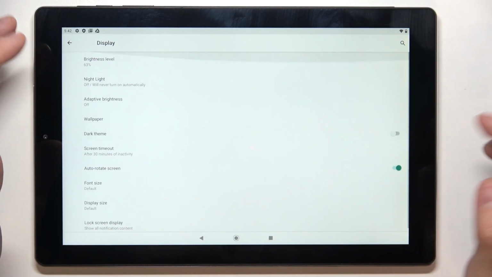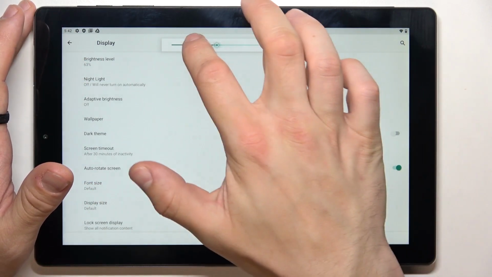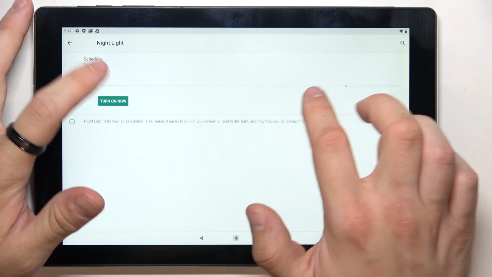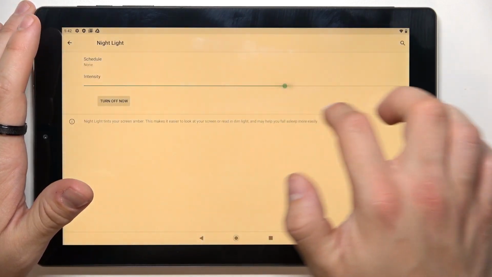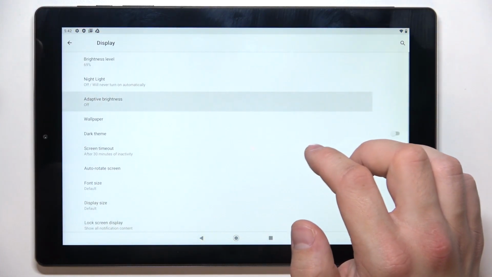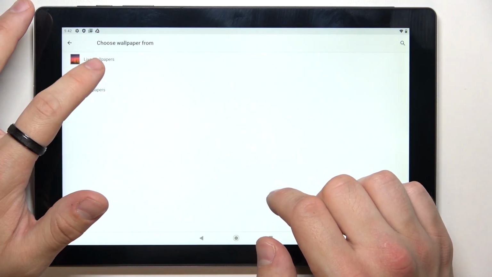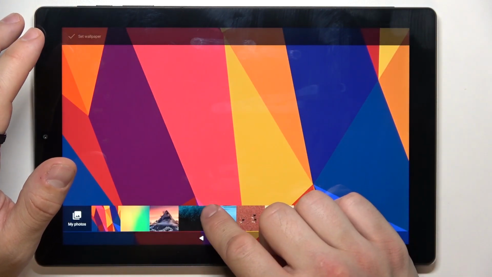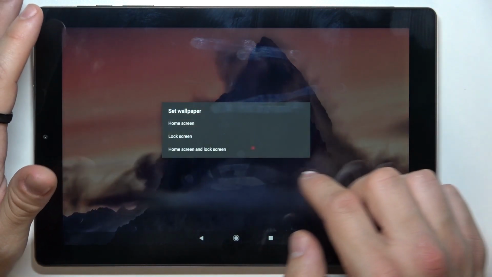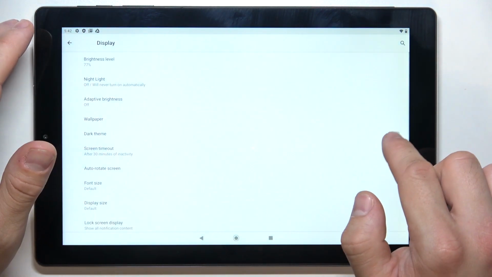for our display. Let's start with the top of the list, where you can change brightness level manually, enable or disable night light, change its intensity, enable or disable adaptive brightness, change wallpaper, enable or disable dark theme,